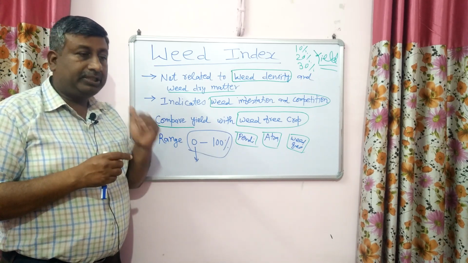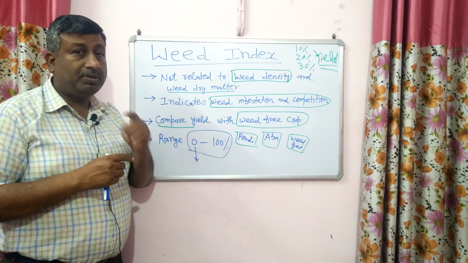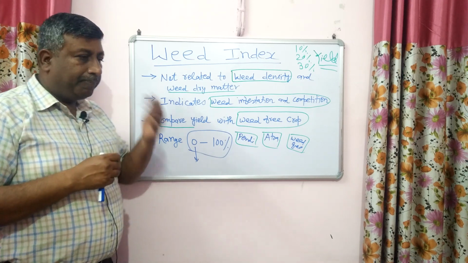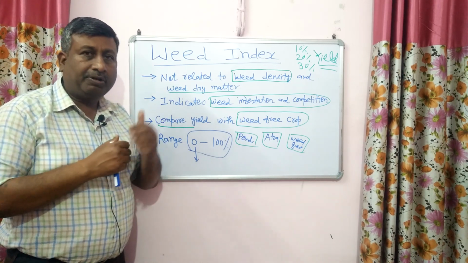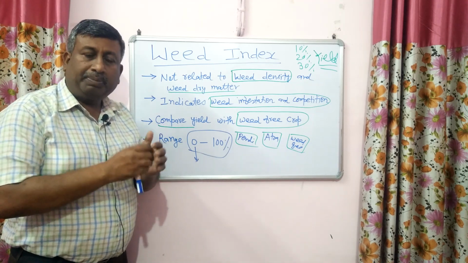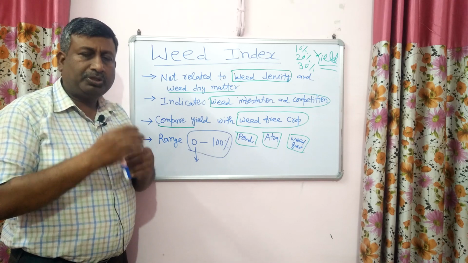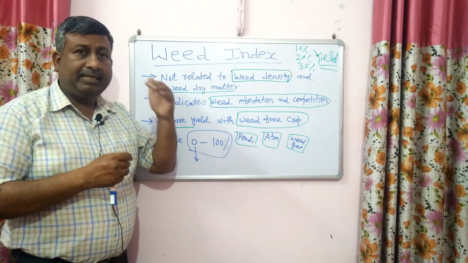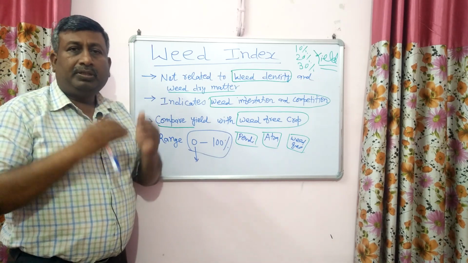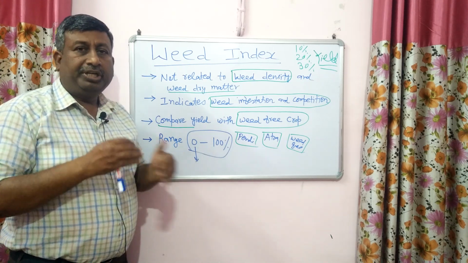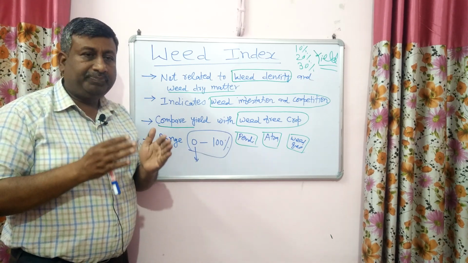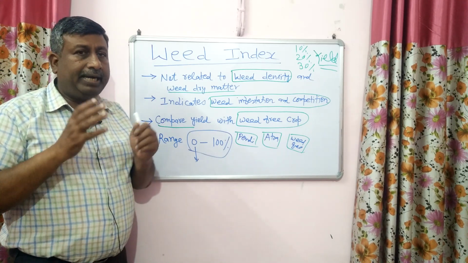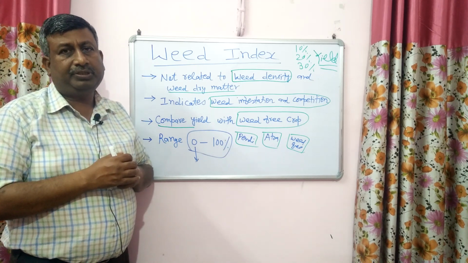So weed index is calculated on the basis of grain yield, but it gives an indication of weed competition. Suppose we are applying Tembotrione, and Tembotrione is effectively controlling weeds in case of maize. Then competition will be very less because weeds are killed. Almost all types of weeds are killed by Tembotrione. Then there will be no weed competition. Then grain yield will be high, and this grain yield will be equal to weed free crop. Then weed index value will be 0 or near to 0, maybe 1% or 2%. It means low weed index means low weed competition. So weed index gives idea about the weed infestation or weed competition.